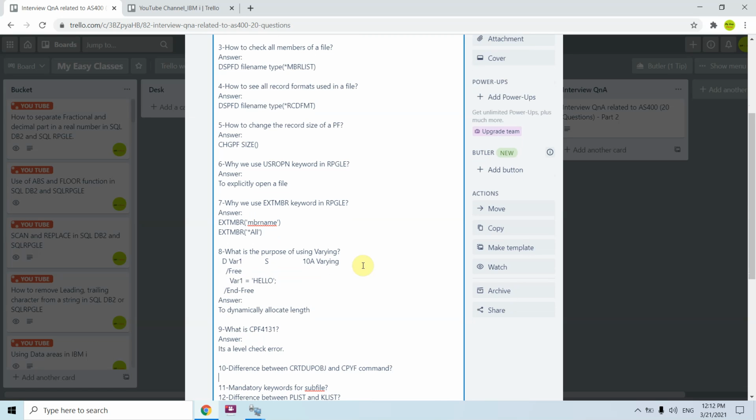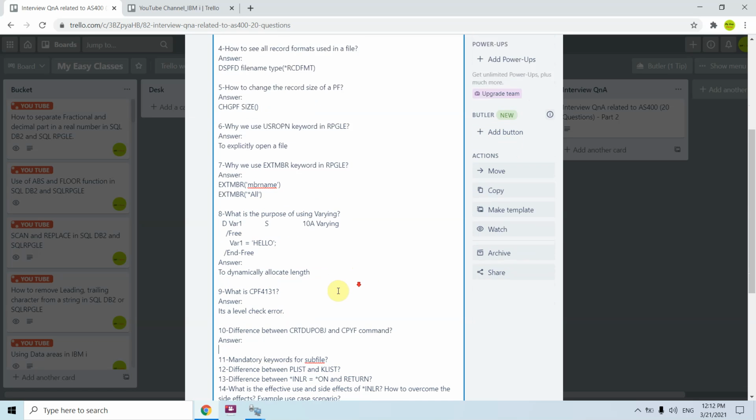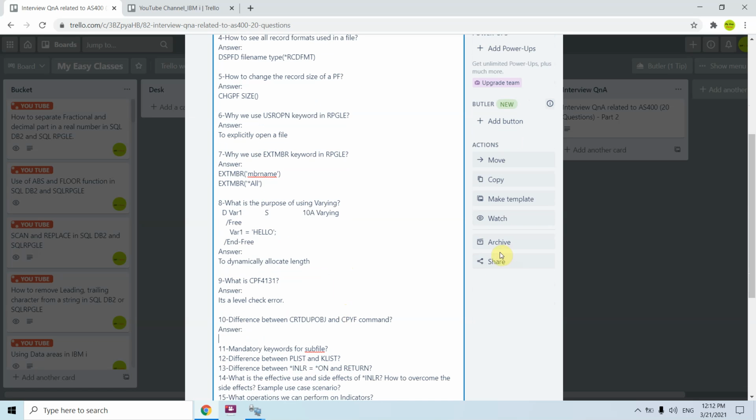Now move on to the 10th question. What is the difference between create duplicate object and copy file command? So I would be listing the main difference here. Just take an example. If there is an LF and I use the create duplicate object command on that, I would be getting the LF.